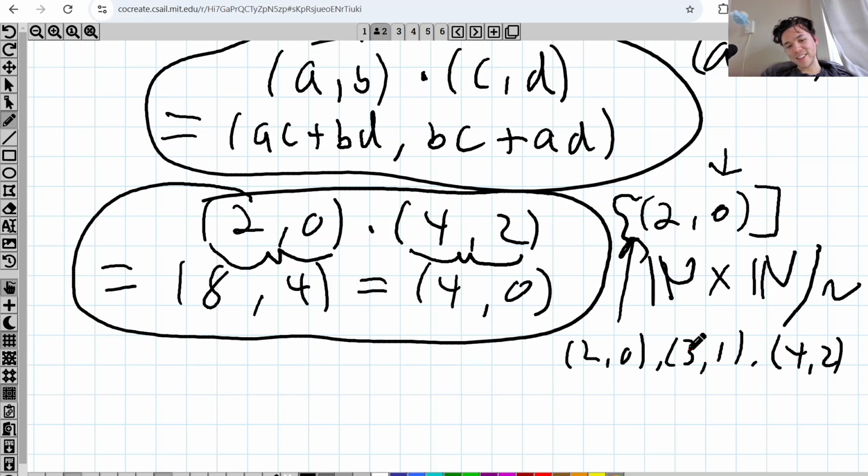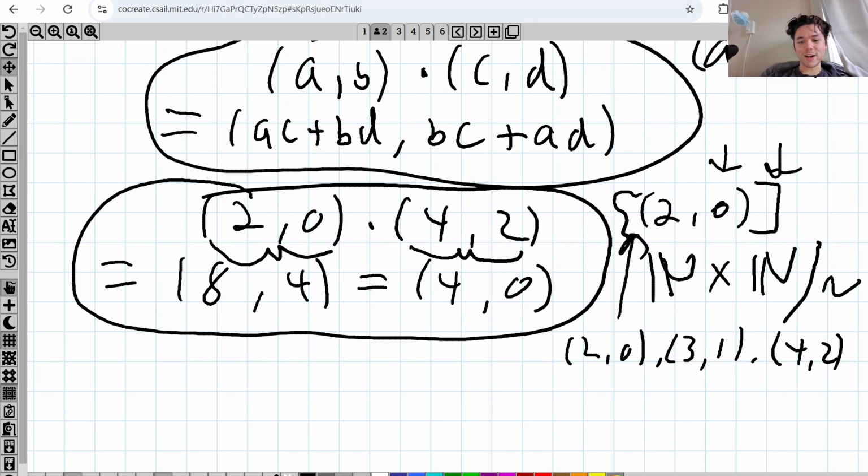But in practice, and basically just for convenience, this happens all throughout your mathematical life, if you do a lot of math, people just don't write down the square brackets. We just omit them. And based on context, you're supposed to know whether we're talking about the literal pairs or we're talking about the equivalence classes. So I'll continue to do that, but you should know that in the background,